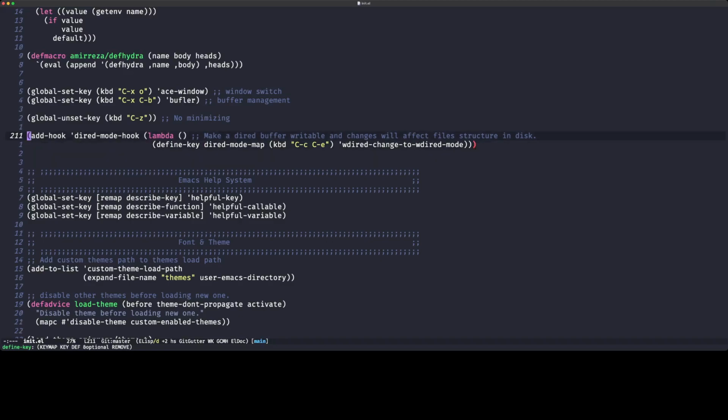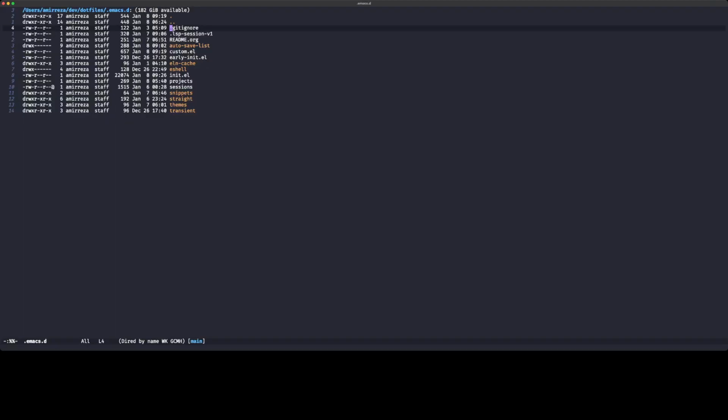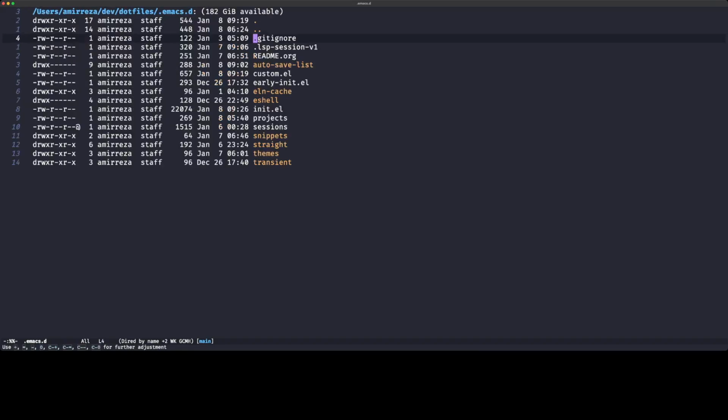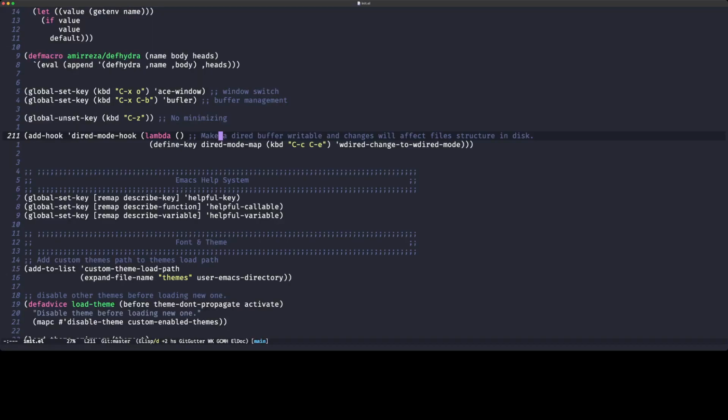Sorry again. So we also have some hook for dired mode. So what is dired? Dired is the Emacs file manager. It's a really powerful file manager. But what I added here is a key binding for dired. This function is a key binding for this function,